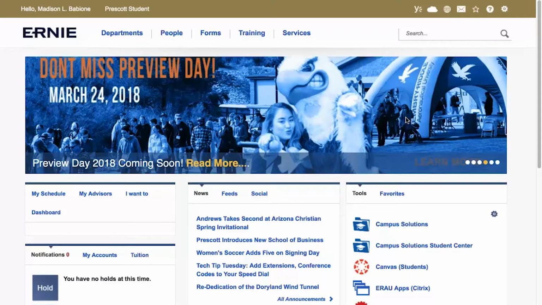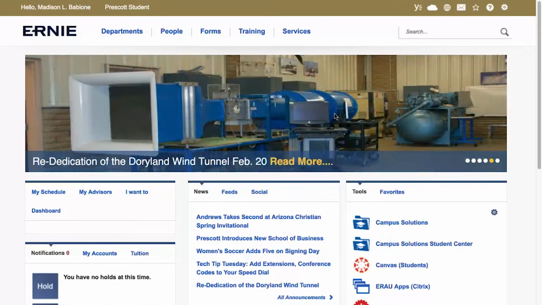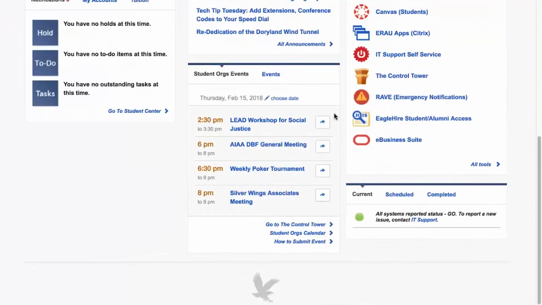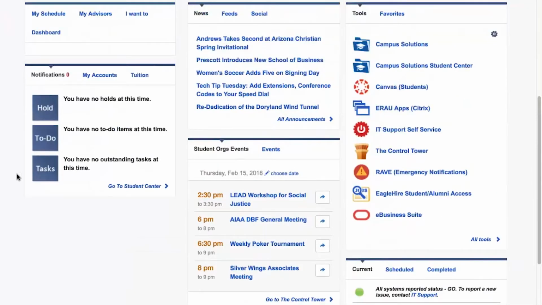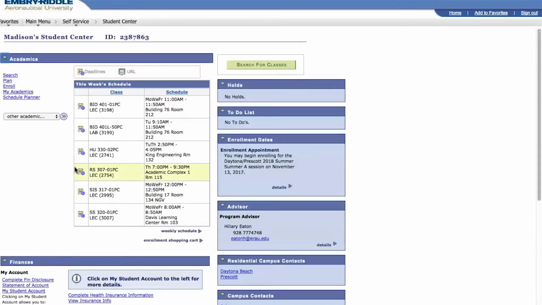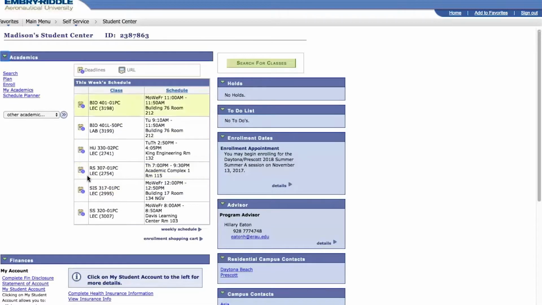Okay guys, so here we are on my Ernie homepage. The first thing you're going to do is scroll down and go over to the left. Right over here will show you if you have holds on your account or anything, and I'm going to go to my Student Center. So once you're at your Student Center, you can see the classes you are currently enrolled in,